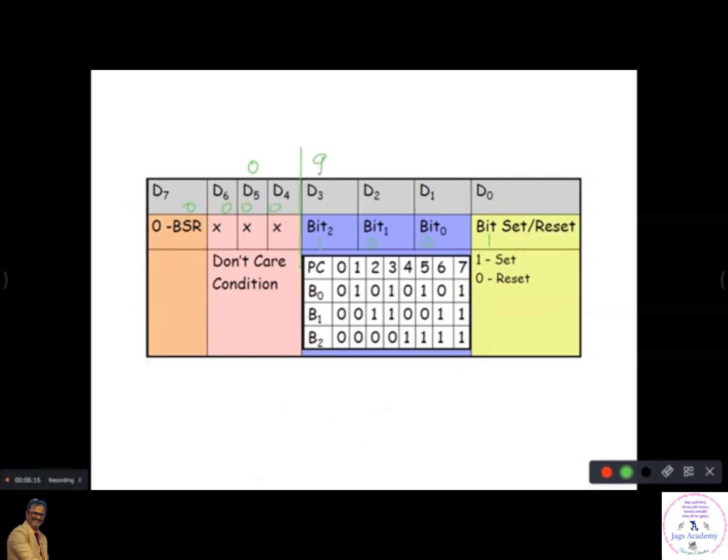As I told you in my previous class, each port and control register has its own address. Suppose I say port A EQU 7000, port B EQU 7001, port C EQU 7002. This is control register EQU